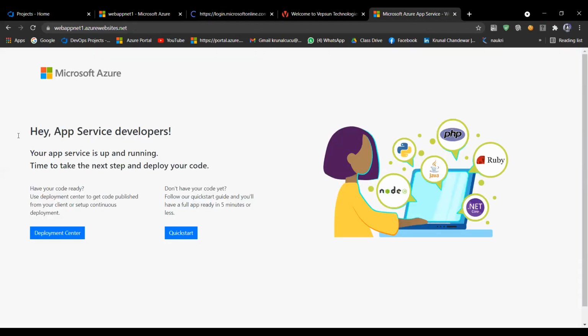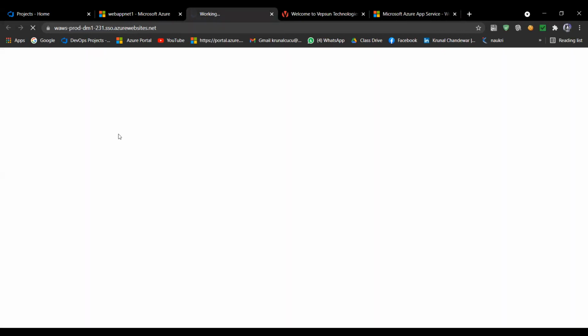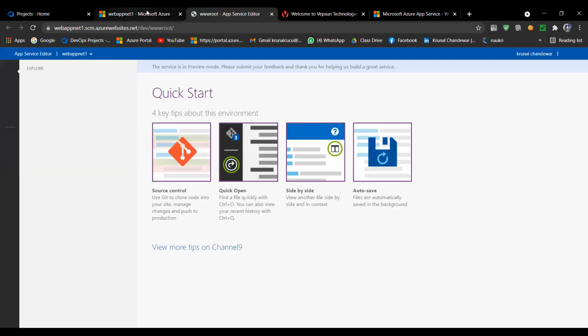Now that is opening here. Here, if you want to push a code from any Git account, you can do that here also. I will tell you that also. Let that page be open.